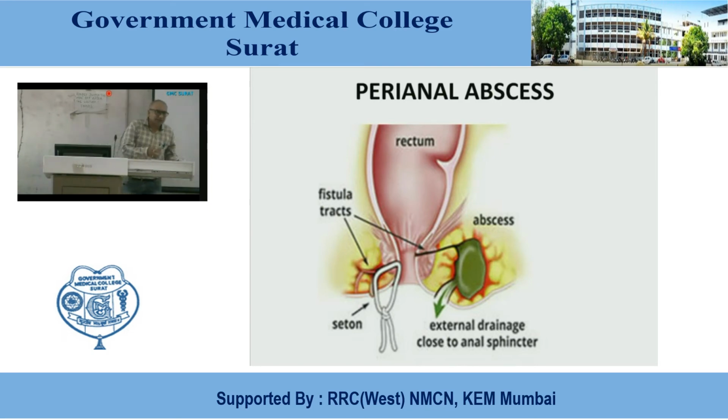So I think this is sufficient for the ischiorectal fossa. So we have discussed today: first I introduced the perineum, and later on I told you about the division of the perineum into two triangles, and we have completed the posterior, the anal triangle. So in the next lecture we will proceed to the urogenital triangle.